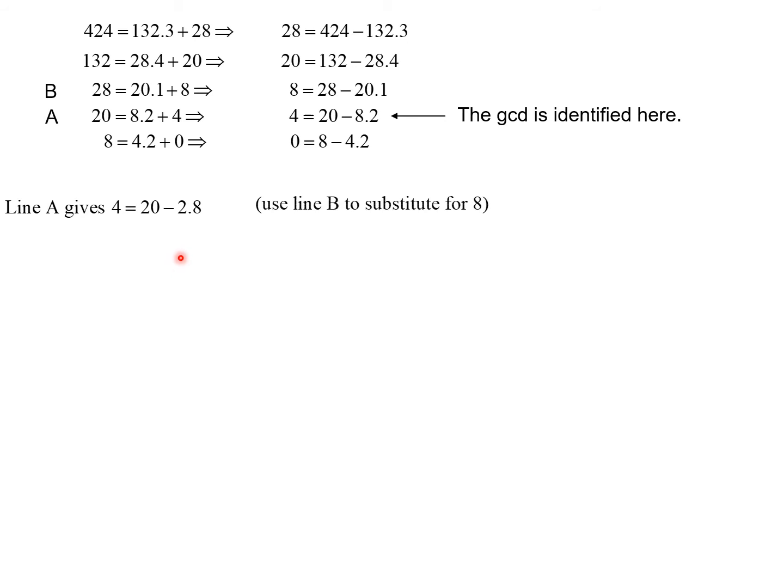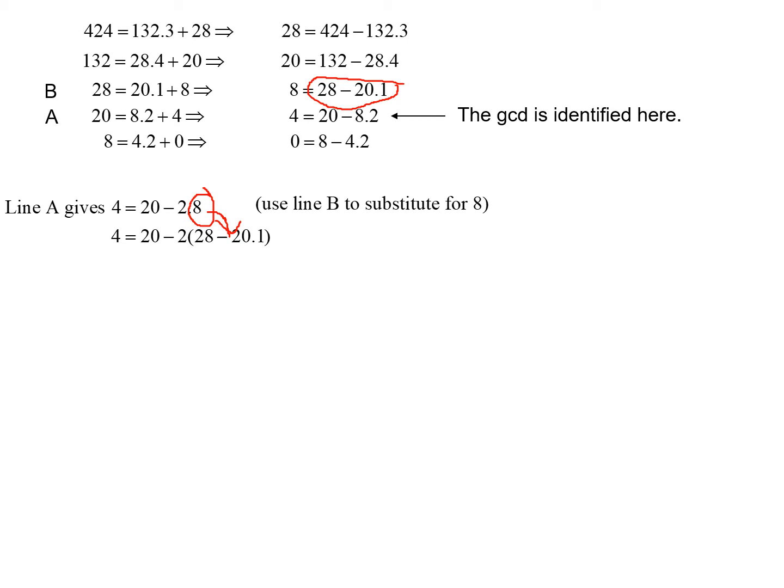So what we're going to do here is substitute line B for 8. Line B says 8 is actually 28 minus 20 times 1. So we substitute this equivalent over here: this 8 equals 28 minus 20 times 1 goes here. So you see I've substituted this as equivalent to 8. Then the next step would be